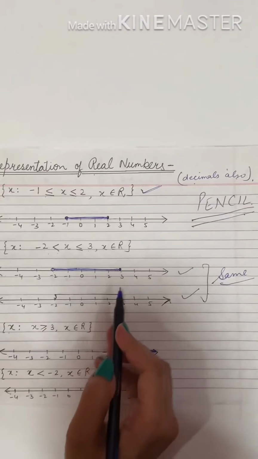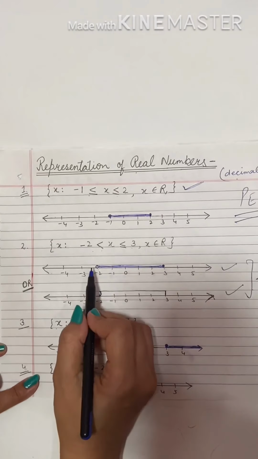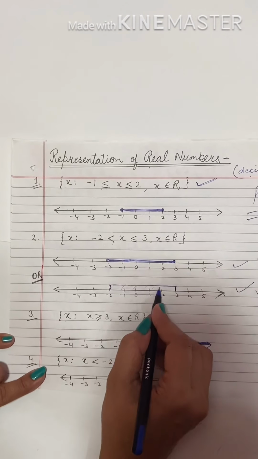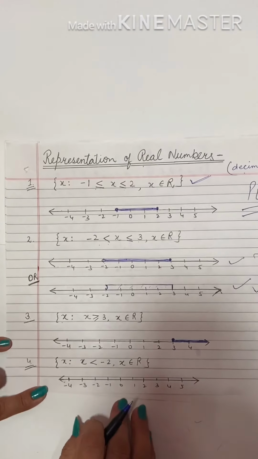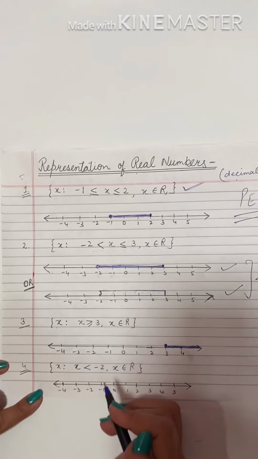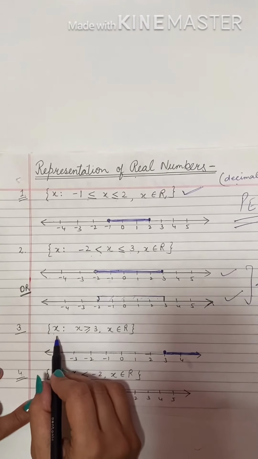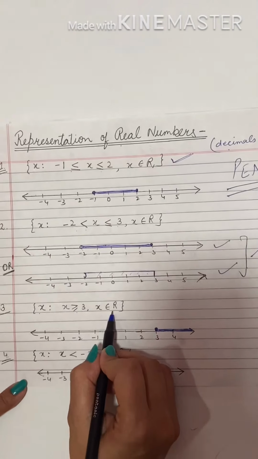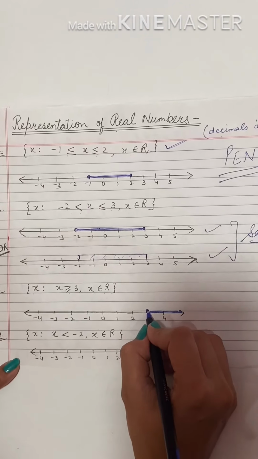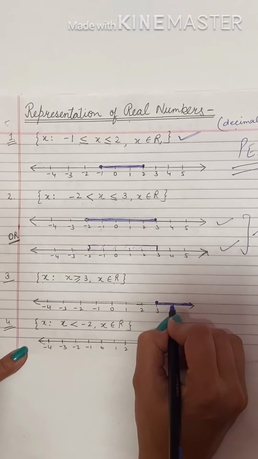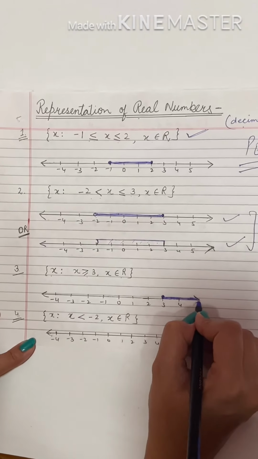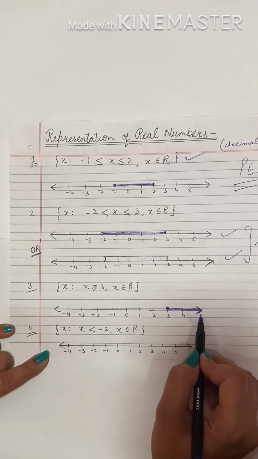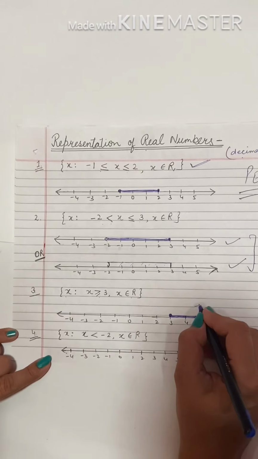So instead of these circles, for the dark circle you can put a straight line, and for the hollow circle you can put a small curve here, and in between them all these numbers will be included. Next case is when x goes up to infinity. We have the solution x is greater than or equal to 3 and x belongs to real numbers. In that case, this 3 is included, and then you highlight the complete number line up to this arrow on the right hand side,